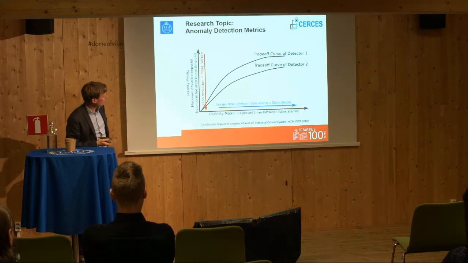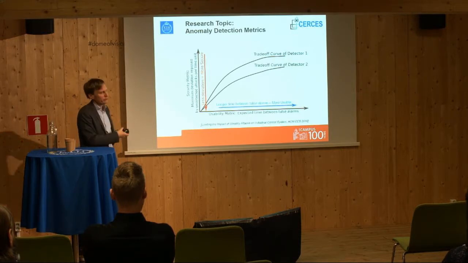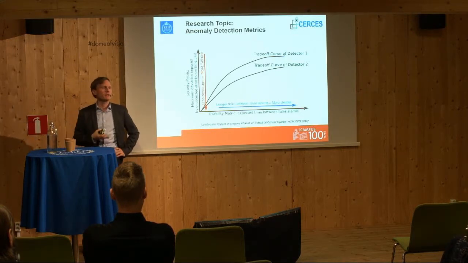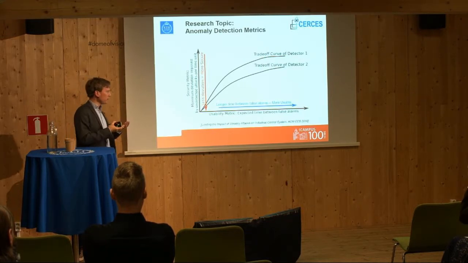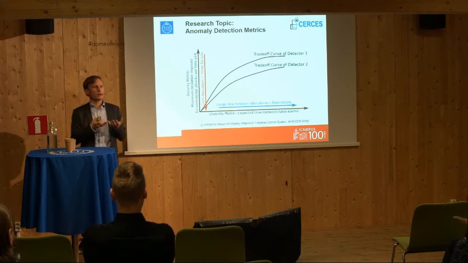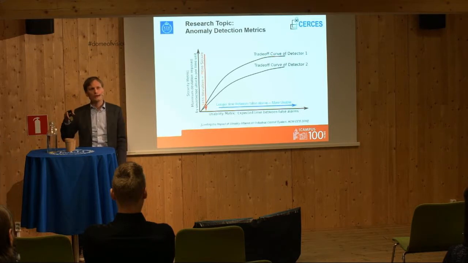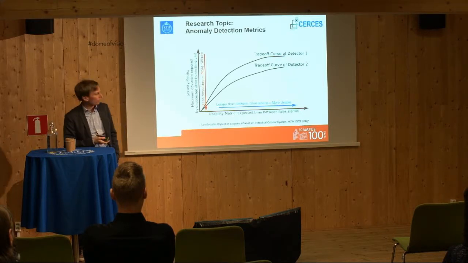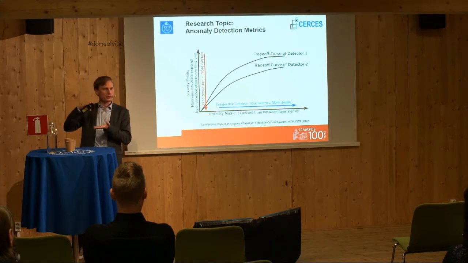So just to briefly go through what we're looking at. On this axis here, there is what we call the expected time between false alarms. Every detector will every now and then give a false alarm. There's random fluctuation in the environment, and so there will be false alarms. If there are too many of them, of course, you will not trust the detector and you will turn it off. So you want something large here. There should be a long time between the average false alarms. And you can achieve that typically by increasing some thresholds in the detector.